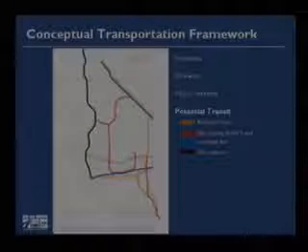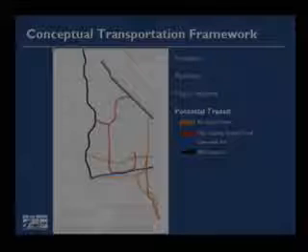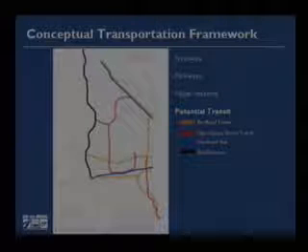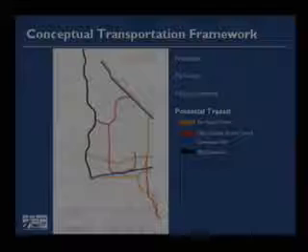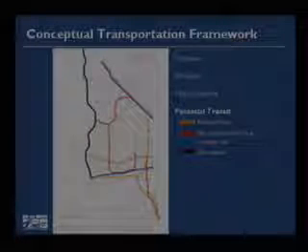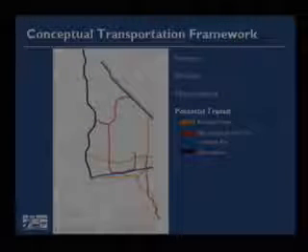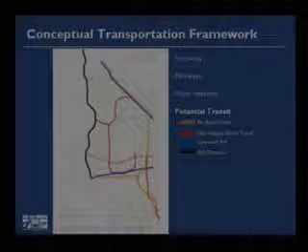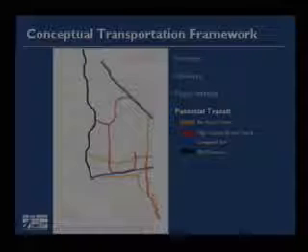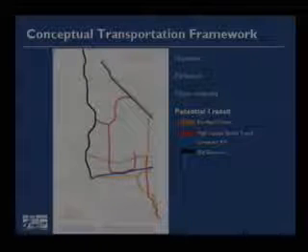The railroads don't really like to have passenger traffic mix up with their freight traffic, so we're going to have to kind of figure out what makes the most sense. But we're making the assumption that that would be a likely scenario. And then there would be some type of high-capacity shuttle transit that might be able to go off of these lines.